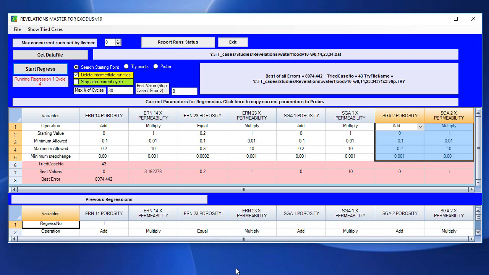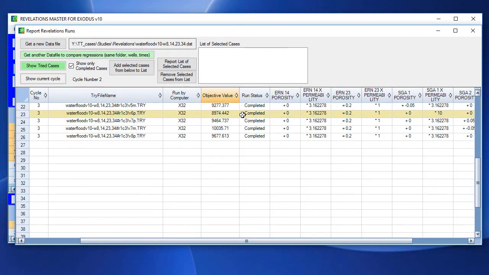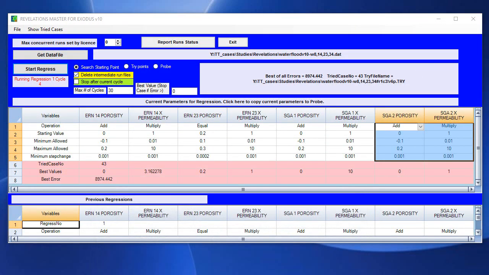So if my report revelation shows me that I've got a better case sitting here now. So my case is getting better for each cycle, and I have to wait until all the cycles are completed before analyzing the run. So this shows you how to use RevelationsMaster, and I'm going to pause it and go away